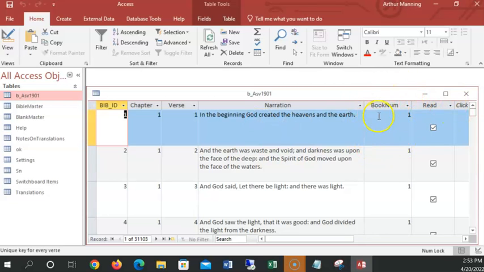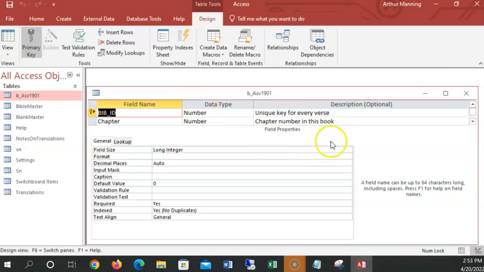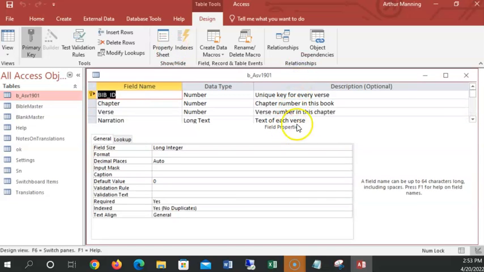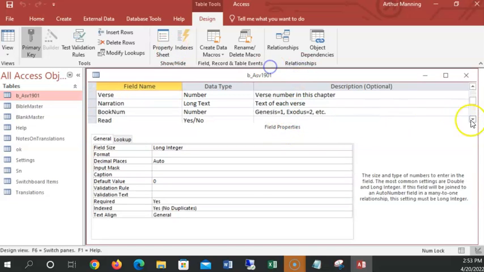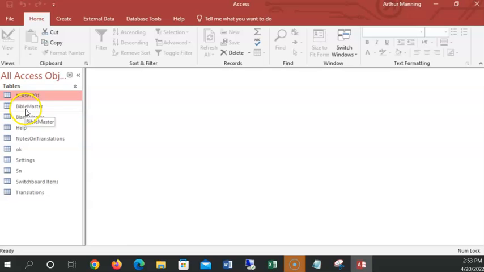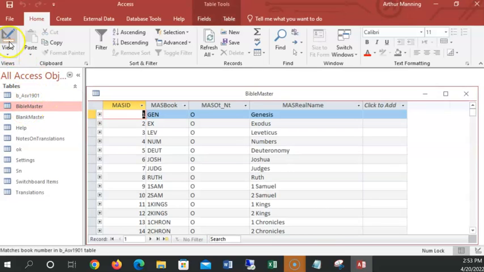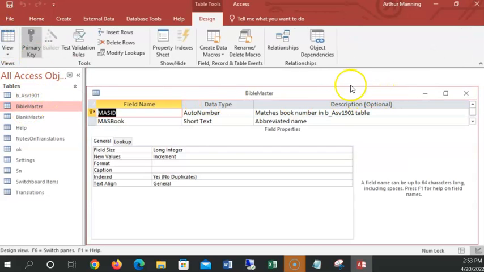So book num is the key to the table's relationship, and it's even given in the design view. Chapter number for this book, if I look further, does it say text of each verse? Oh, it just says Genesis 1, Exodus 2. What it says in the other table, if I look at Bible Master and look at the design view, I see that